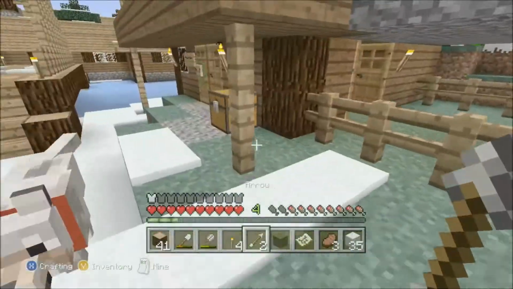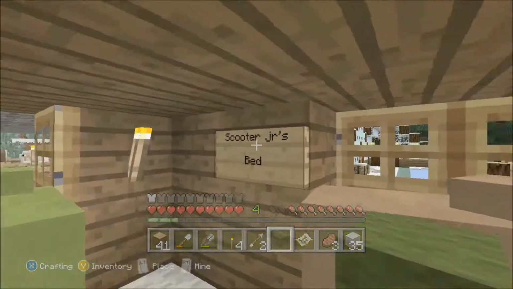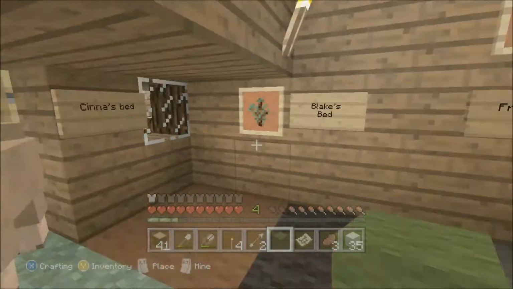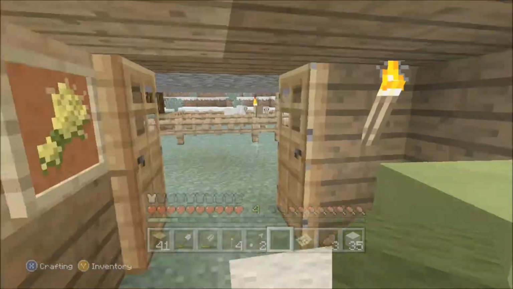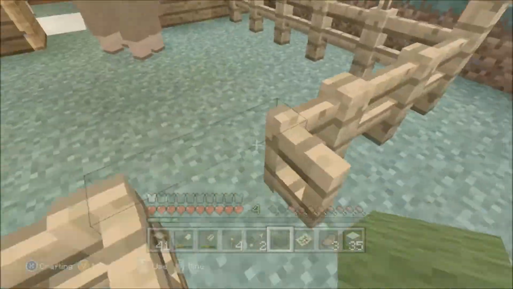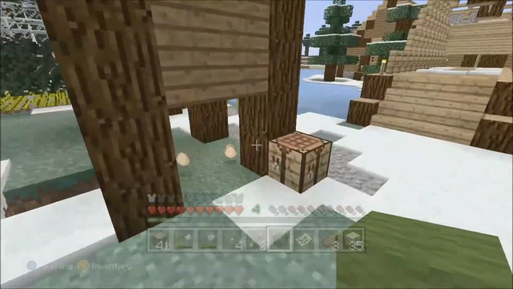sheep pen, just to get more wool. These are the house pets of the sheep. We have Scooter Jr., Blake, which is the black sheep, Cinnamon, which has been here since the beginning, almost as much as Scooter Sr., and we have Franklin, which is also here. Franklin is green, not gray anymore, if you haven't watched the most recent videos. So, I made this pen, push this pen back, and